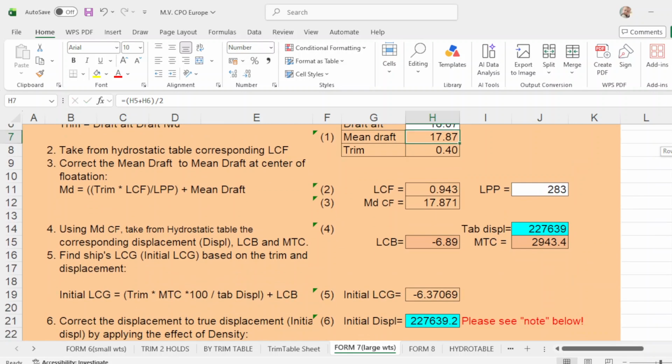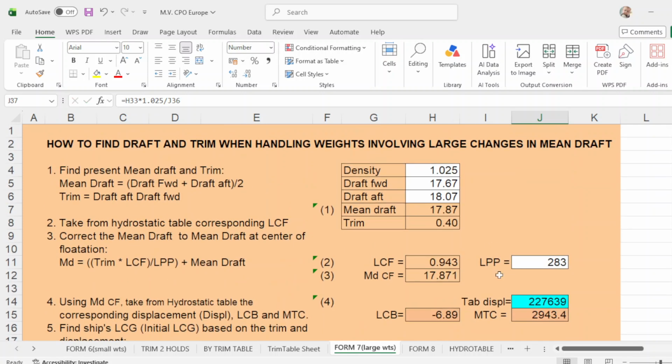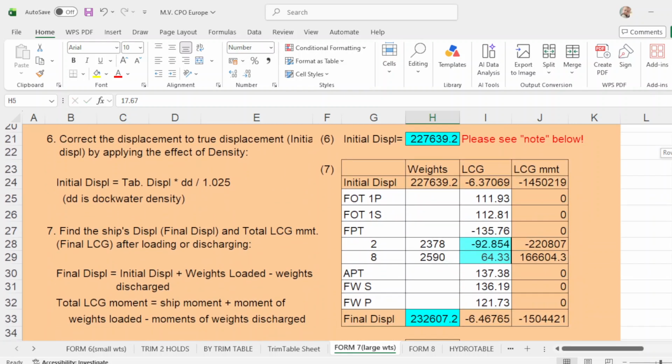and your density upon completion is 1.025. Initial density is 1.025, and your trimming hold is 2, 8.